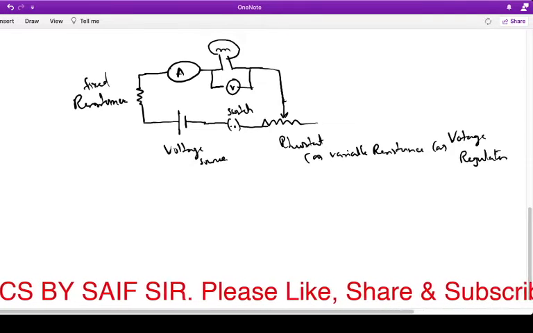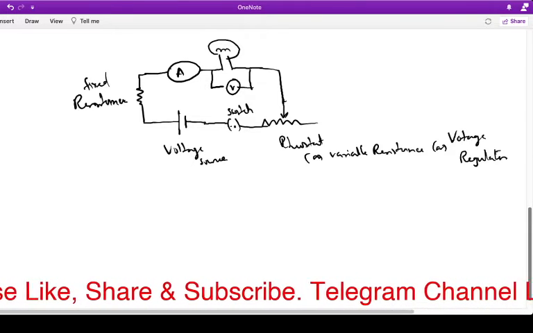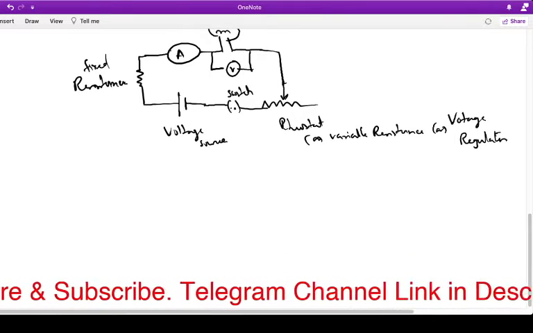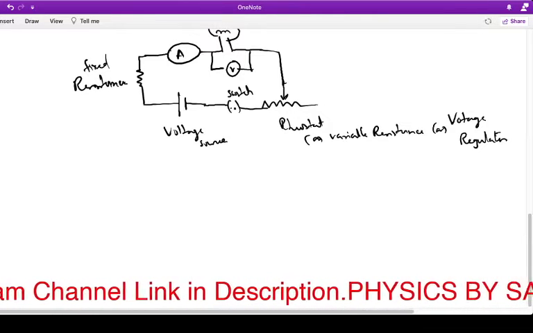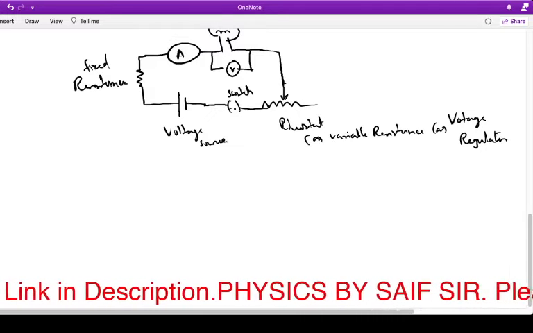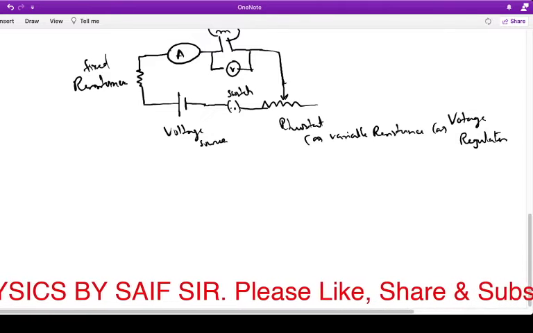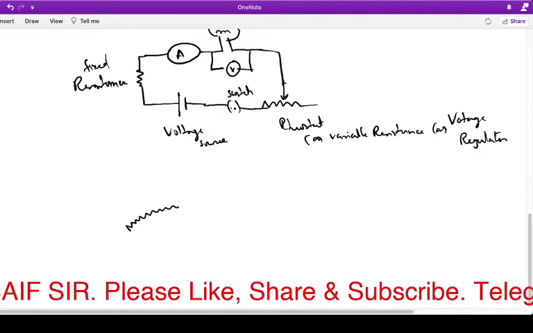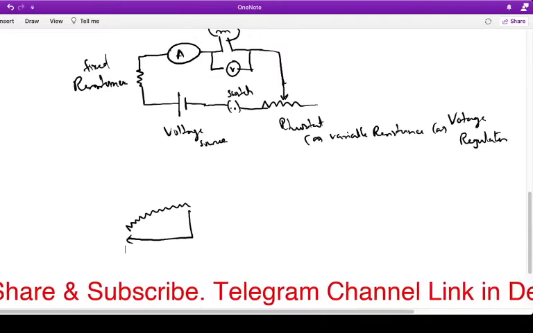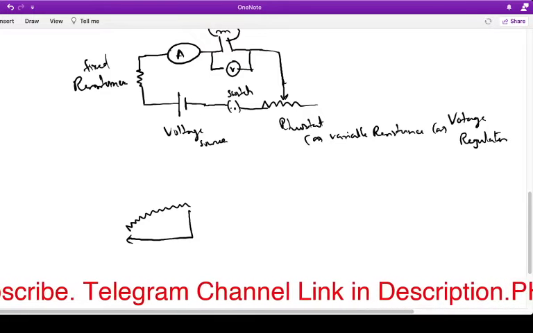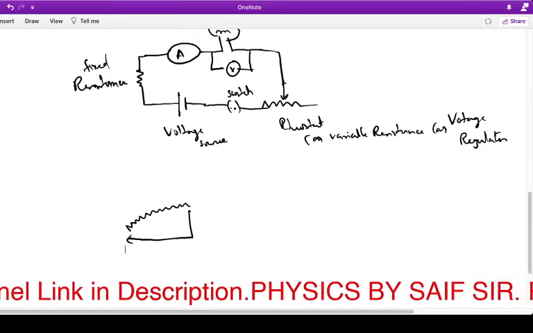Now this A here is the ammeter. Before coming to the ammeter, we'll see some details about the voltage regulator. The best example of a voltage regulator is the regulator for your fan. How can you change the speed of the fan with the help of a regulator? It has a resistor wire inside it. Depending upon the speed, the resistance decreases. The less the number, the more the resistance.